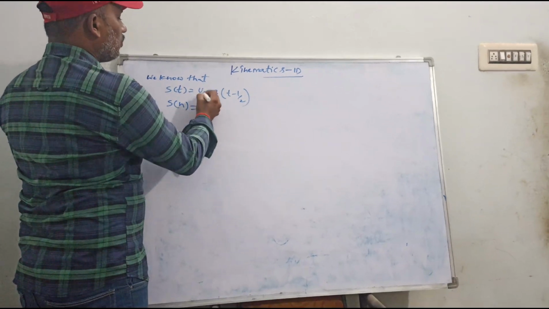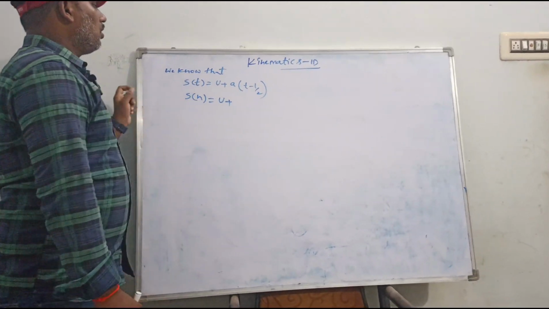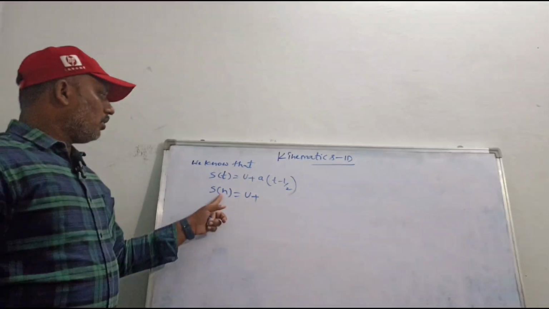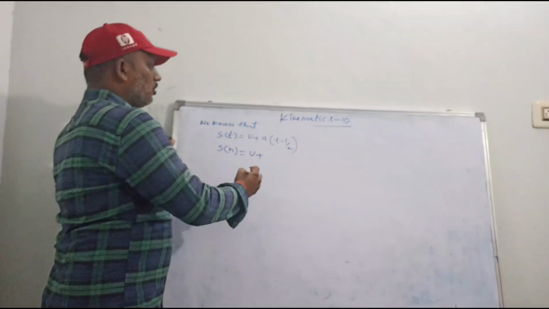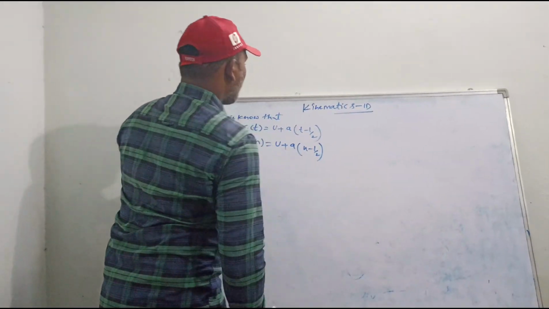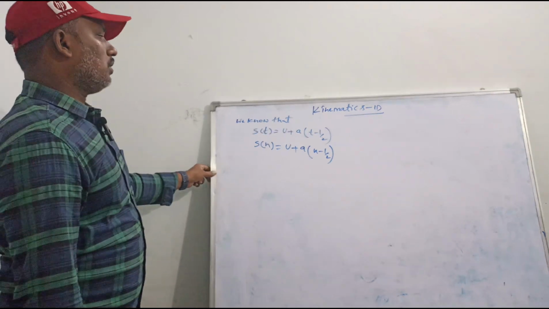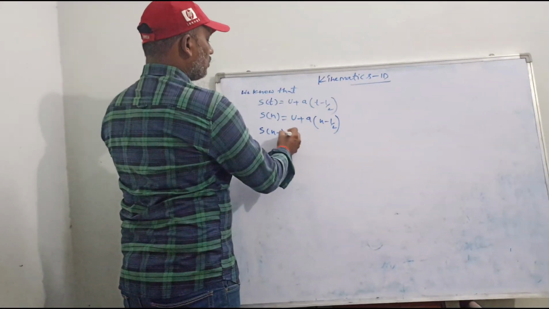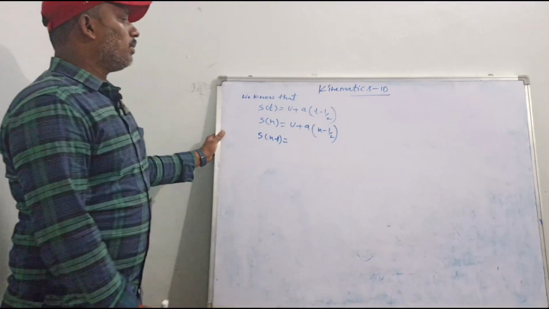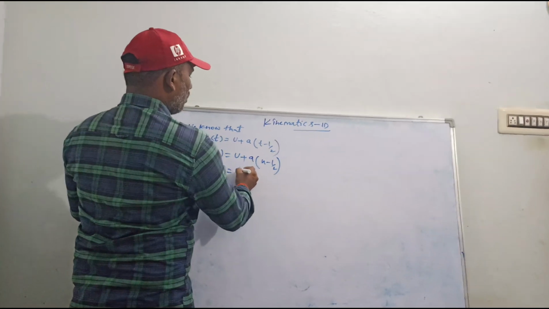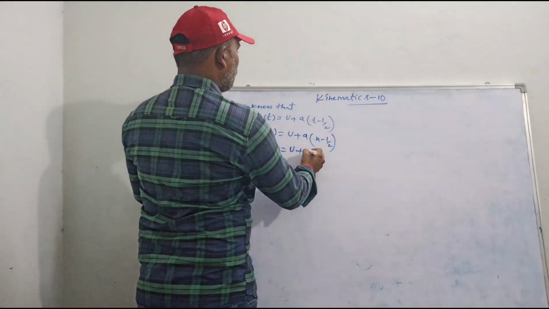S of n is equal to u plus a into n minus half. So S of n minus 1 is equal to u plus